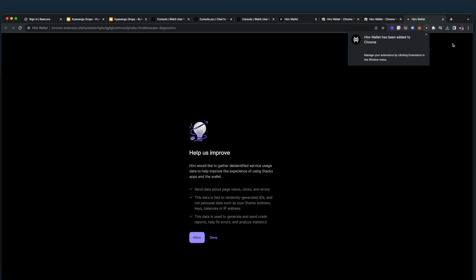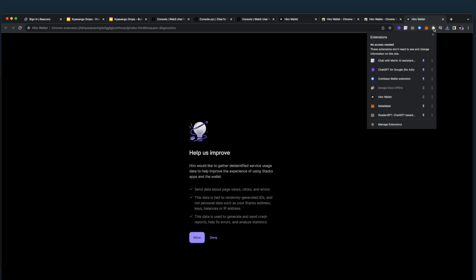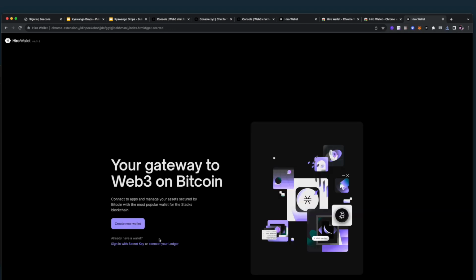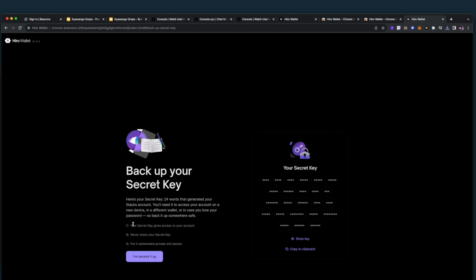I like to go to this little blob up here and pin the wallet so it stays up there. So I just hit allow, create new wallet. This is important. Your secret key is how you keep control over your wallet. Nobody else should have this but you. And you have to keep this safe because there is no company who can help you get this back. You are controlling this. So I'm going to copy it to clipboard